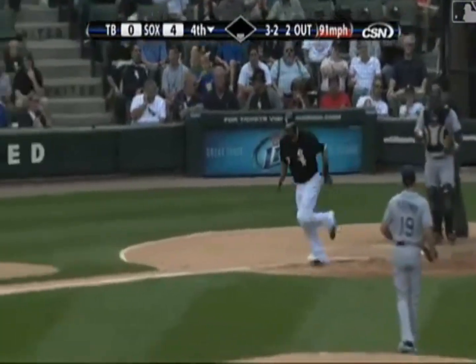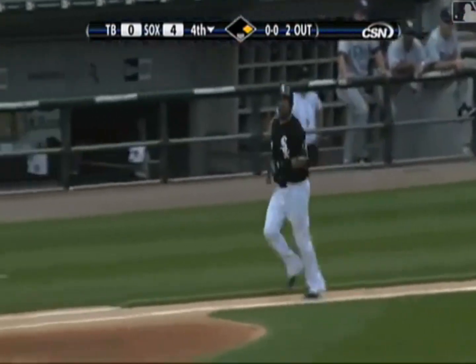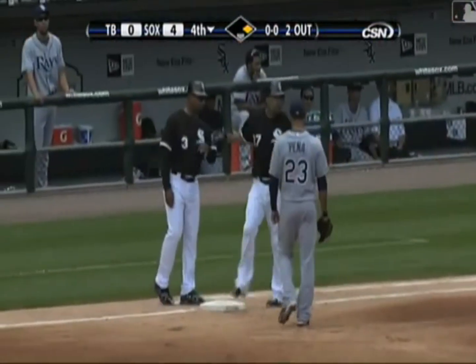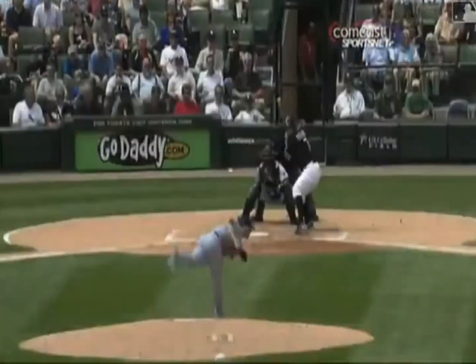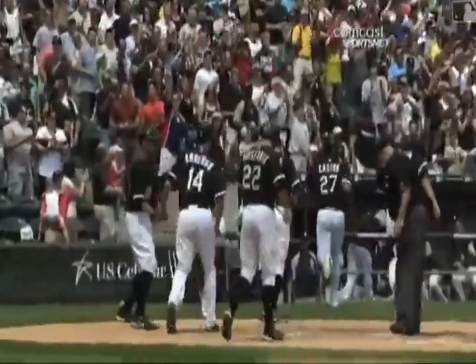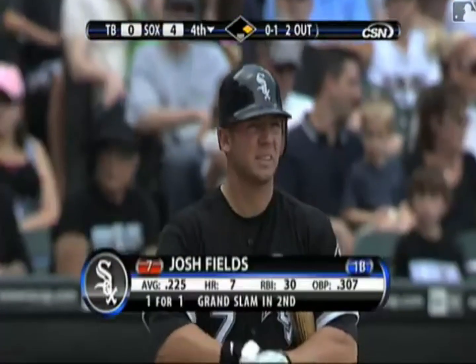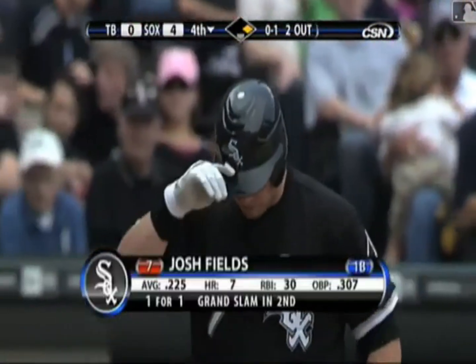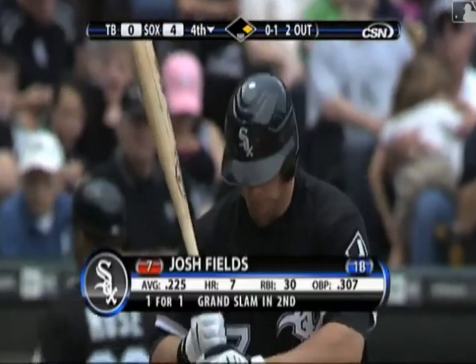And that's ball 4. So here's Josh. If you missed his at bat in the 2nd inning, poof. Sox packed with Sox. 3-1 count. Got a fastball right there and hit it way out. That's the 12th home run that Kazmir's given up this year. Places him 3rd in touch over 5 innings per start. That's not real good even in this day and age, because that means your bullpen comes into play most of the time, and a lot of it has to do with